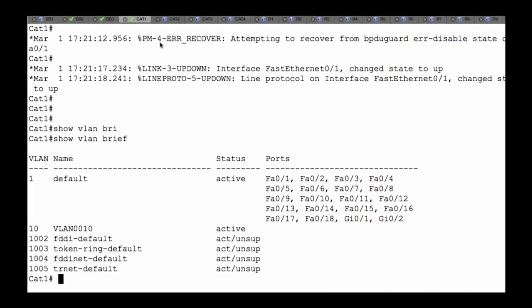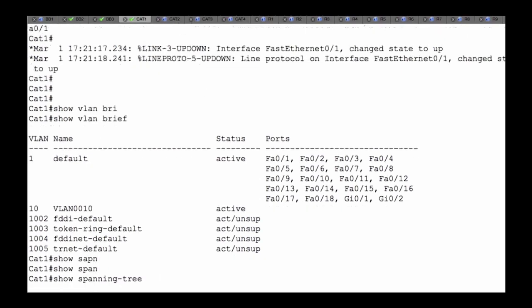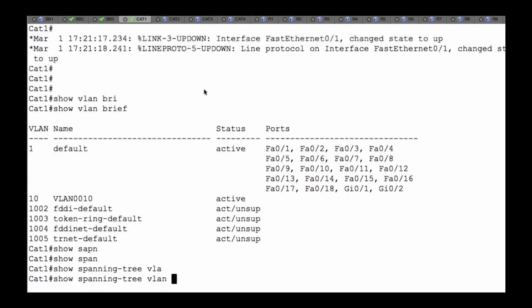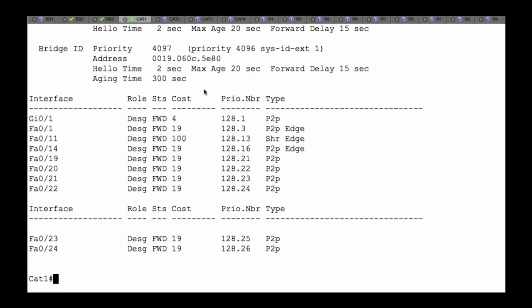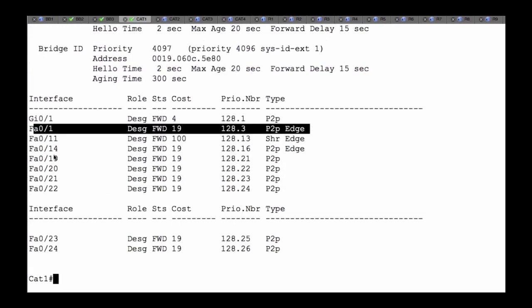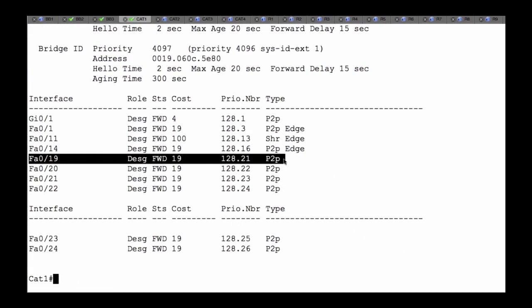But when we access our system and take a look at, say for instance, the interfaces, let's take a look at the ones that are running our bridging. So show spanning-tree VLAN 1. Now let's pick an interface here. The interface I'm going to play with is not going to be Fa0/1. What we'll do is configure it for 19. Now, when it comes time to look at 19,